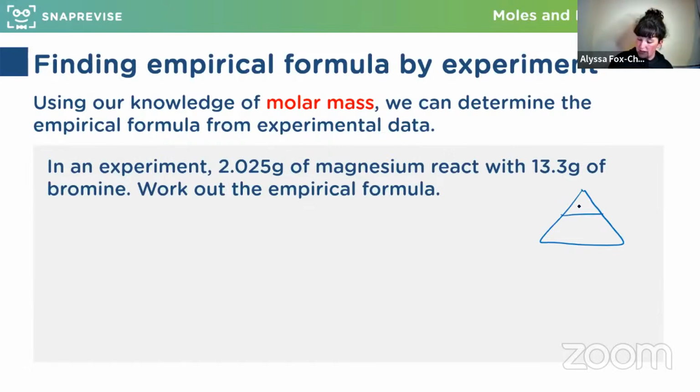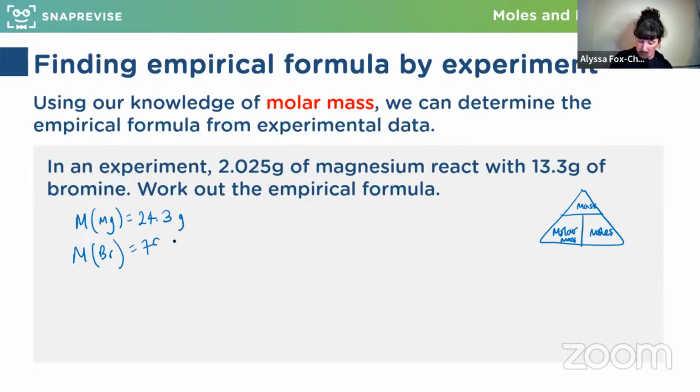Our equation is mass is equal to molar mass times moles. So in this case, what do we need? Magnesium. Let's work out magnesium first. The molar mass of magnesium using our periodic table should be approximately 24.3. Just use whatever you're given on your data sheet. And the molar mass of bromine